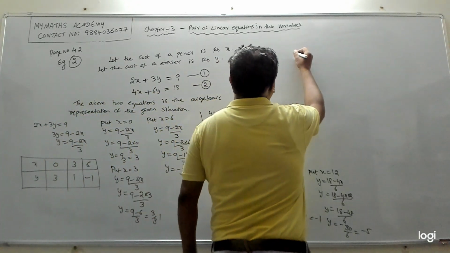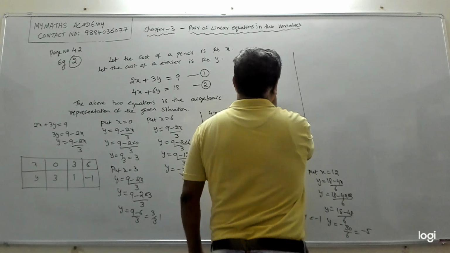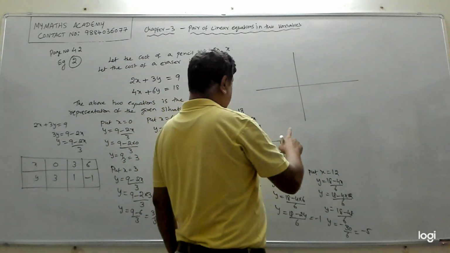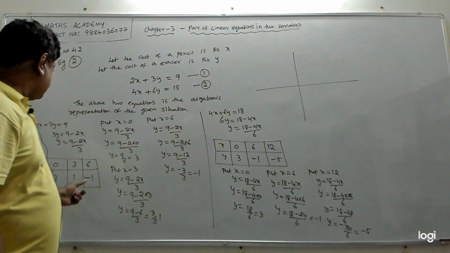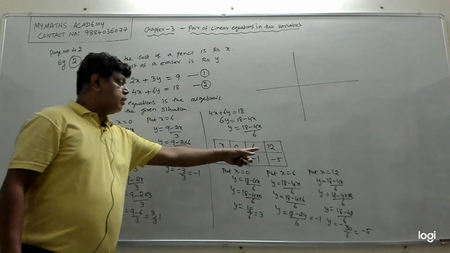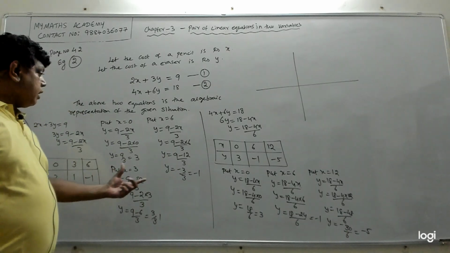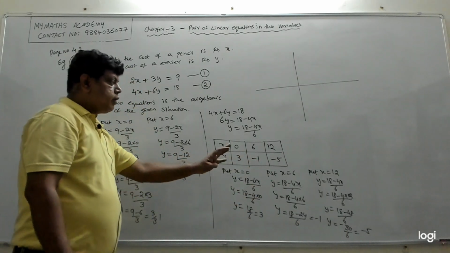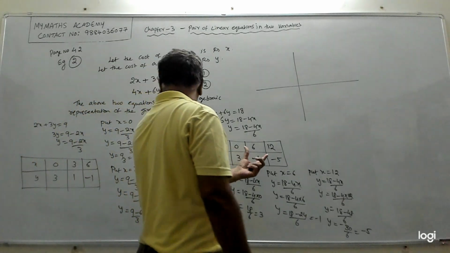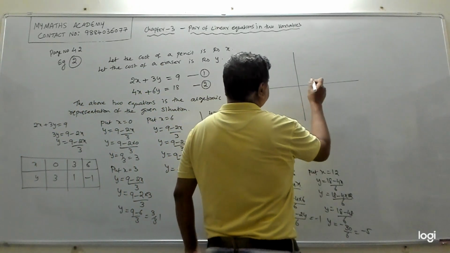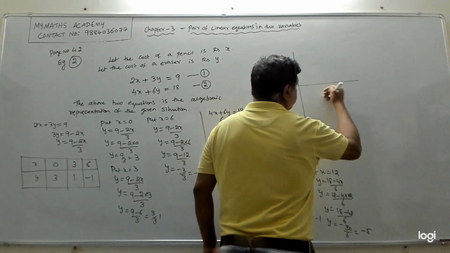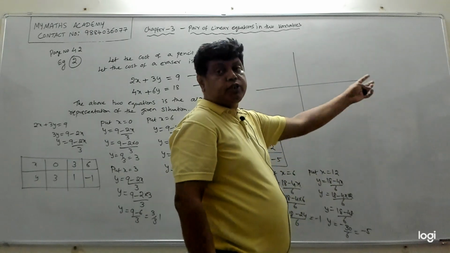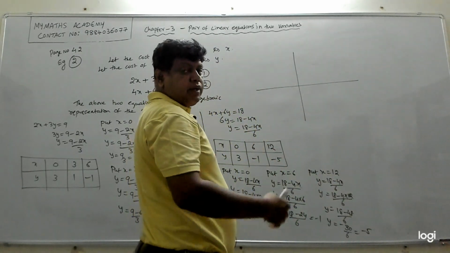So let's draw x-axis, y-axis. Fine. We'll have to choose the scale accordingly. See what is the maximum value for x? X is 12. And what is the maximum value for y? Y is minus 5, I mean in terms of absolute value. Don't worry about the negative. So which means I should have 12. So if I put 1, 2, 3, 4, 5, 6, sometimes I may not have enough boxes in your graph sheet to reach till 12. Right? In that case, we have to increase the scale.